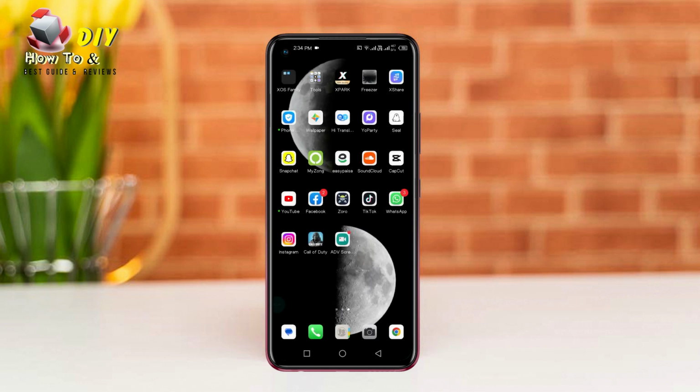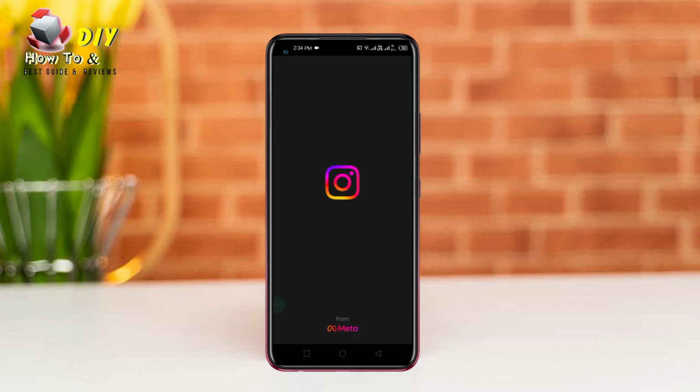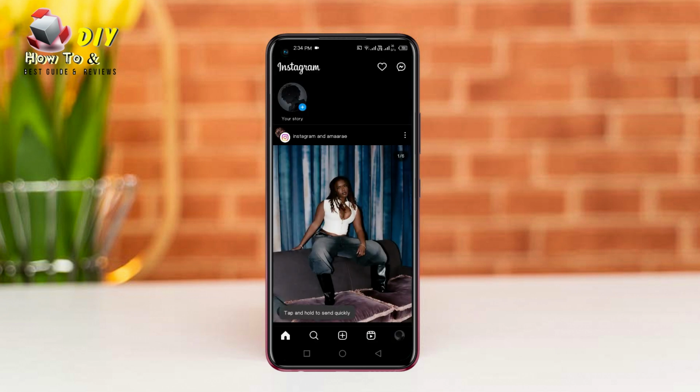Hi everyone, I will show you how to delete your Instagram account. First of all, open the Instagram app, go to your profile